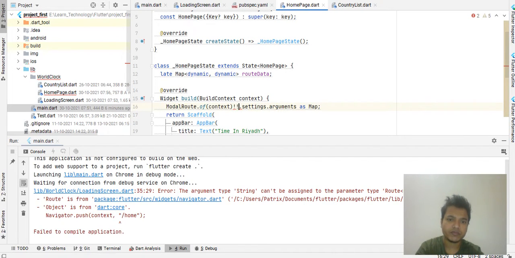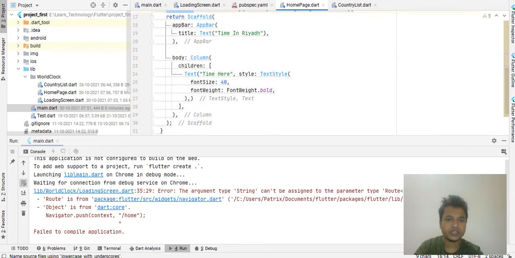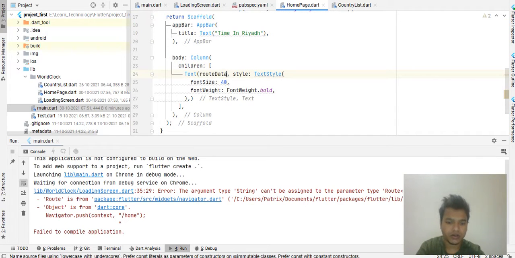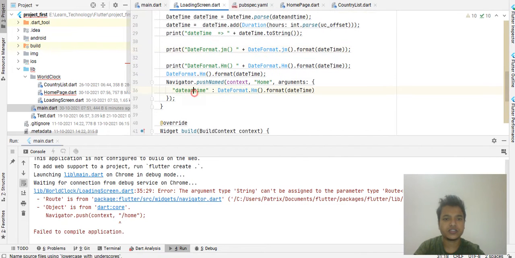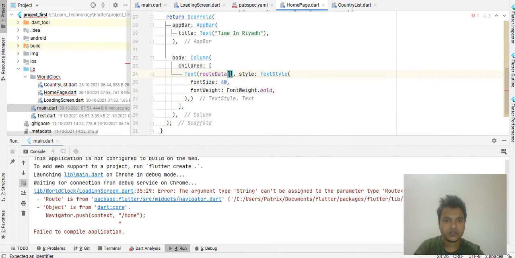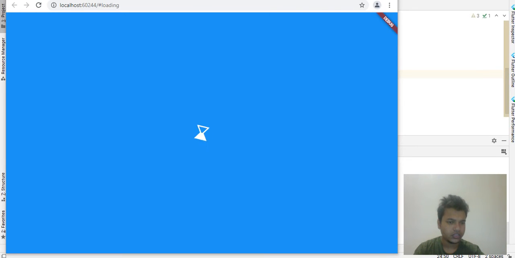So to take the data in a map, we have to declare a global map here. You can see, we have to catch the data here. Now we have the data under this map, and we have to display it here. So go to the text, and now declare the data we get from the key that we assigned earlier. We assigned it here with this name in the loading file. So now we have put it here, and we should display the data in a string format in a text view, and that's enough. Just click on hot reload and see what result it brings for you.